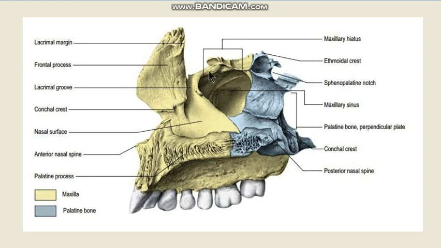Now this opening naturally is not so big on the side walls of the nose, and because this is the lateral wall of the nose, here you expect the shelves on the lateral wall of the nose, that is the superior nasal concha, the middle nasal concha somewhere here like this, and the inferior nasal concha somewhere here. So superior nasal concha, middle nasal concha and inferior nasal concha over here.